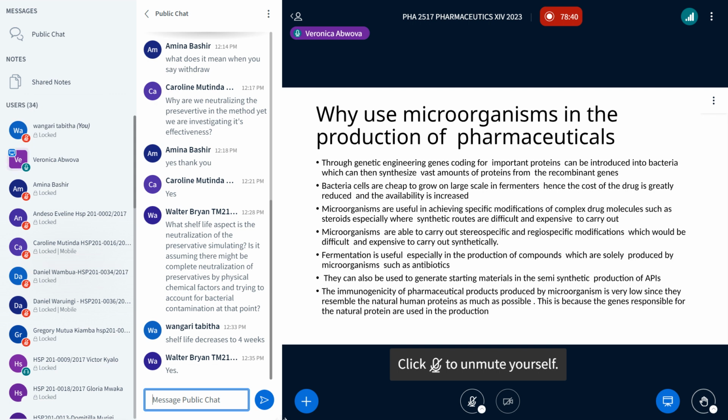Okay, it may not be possible to achieve that kind of specificity. So what has been found is that microorganisms are actually able to achieve these very specific modifications of complex drug molecules, such as steroids, especially where synthetic routes are difficult and expensive to carry out. Microorganisms are able to carry out stereospecific and regiospecific modifications, which would be difficult and expensive to carry out